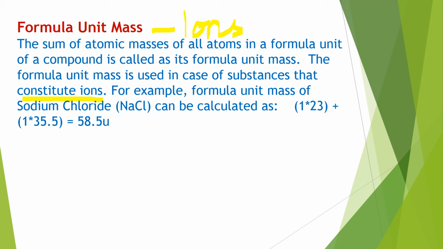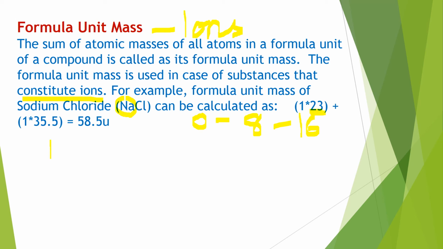Now here, as I told you in the previous classes, when you are adding atomic numbers, for example, oxygen, the atomic number is 8. So if you are adding for oxygen, it is atomic number 8, and when you are adding, you are getting 16. So this is the atomic mass. But in the case of sodium, the atomic number is 11, and when you are adding, you are getting 22. But the atomic mass is 23.